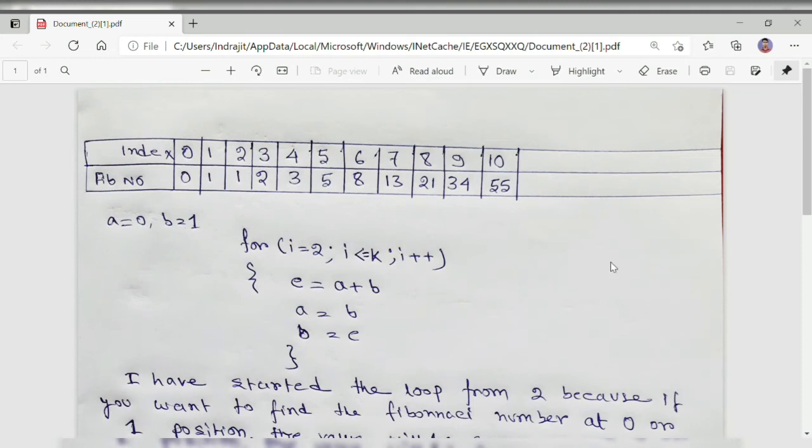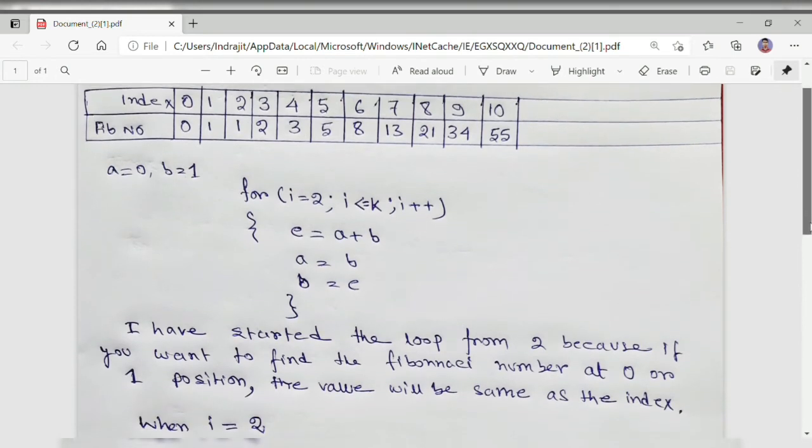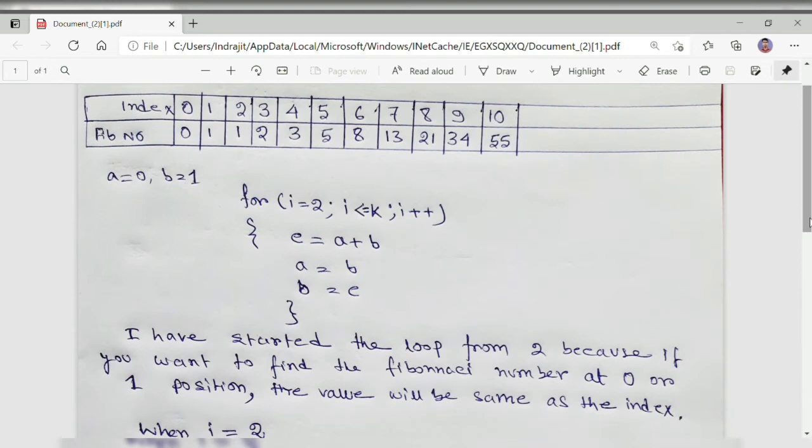See, I have here taken up to index 10 and I have mentioned the Fibonacci number of the respective index. And the first question that may come to your mind is, why am I taking the loop from 2? It is because if the index is 0 or 1, the Fibonacci number at this position will be the same as the index.